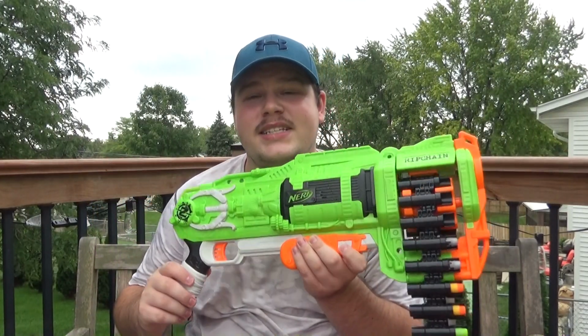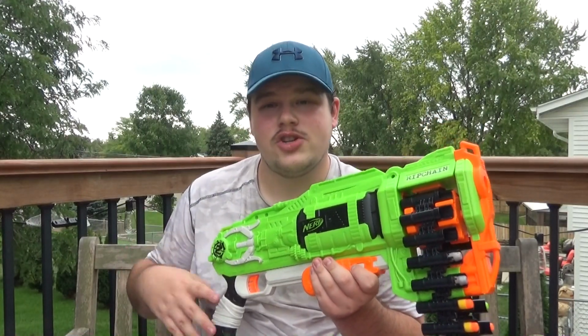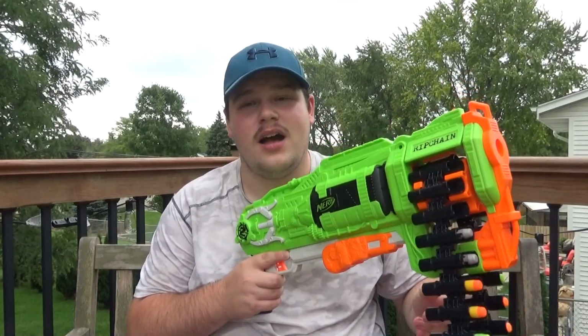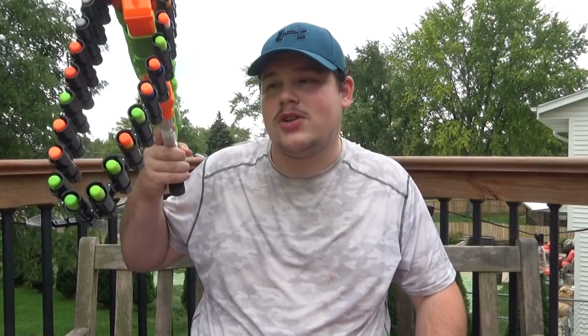I got plenty of questions about this one, but this right here is the Zombie Strike Ripchain. Pretty much a combination of a large shotgun combined with that of a chain gun and an MG. I mean, it kind of resembles some old World War II style machine guns like the MG42 with a long chain on it, but a chain that circles around. I don't really get why that's necessary, but